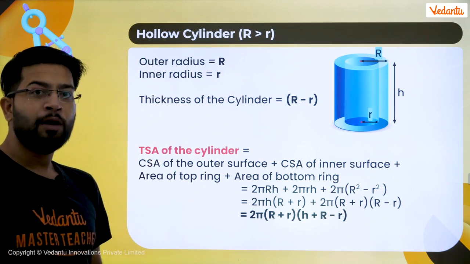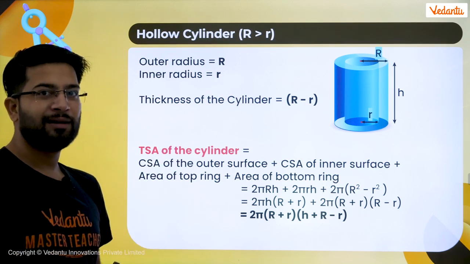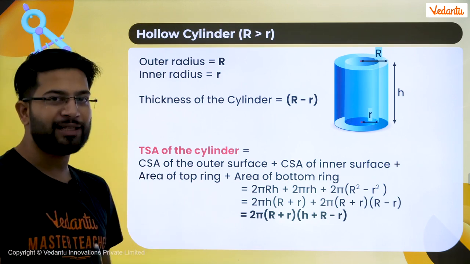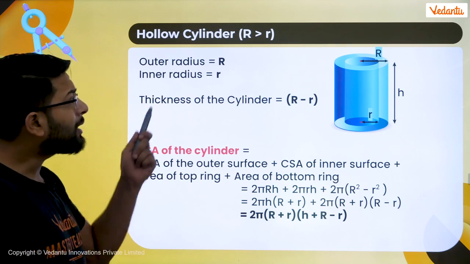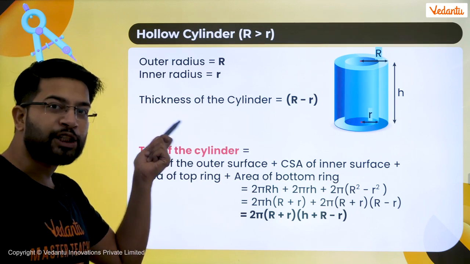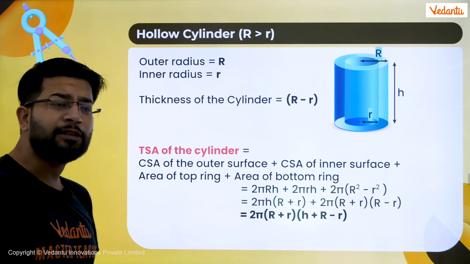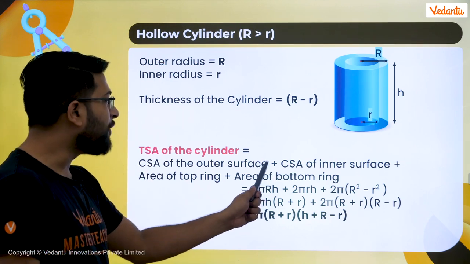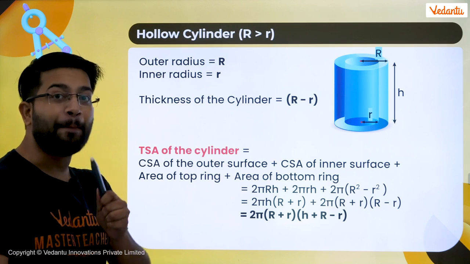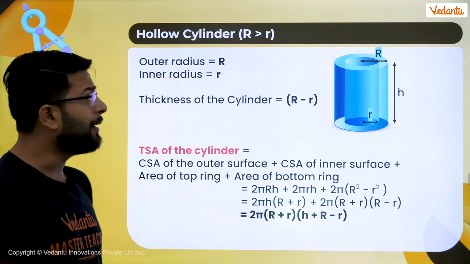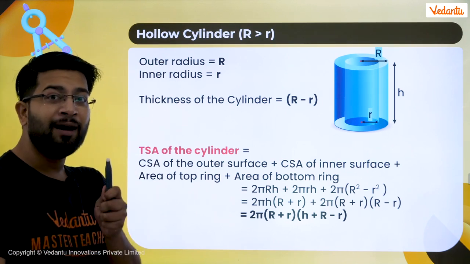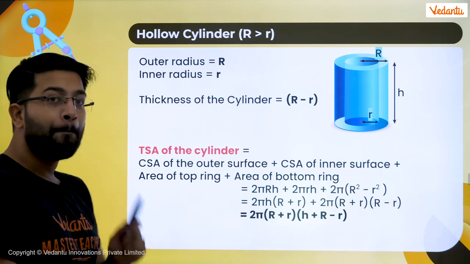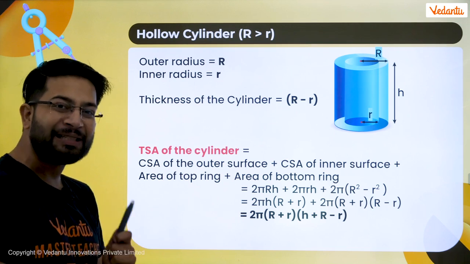So make sure champ, whatever is the surface, we have to consider all such surfaces for the total surface area. So we can find the curved surface area of the external cylinder plus the curved surface area of the internal cylinder. But champ, these things are very important, the top and the bottom, because the top and bottom of the hollow cylinder will be the circular ring, and that is why the area of the top ring will be what? Pi capital R square minus small r square.